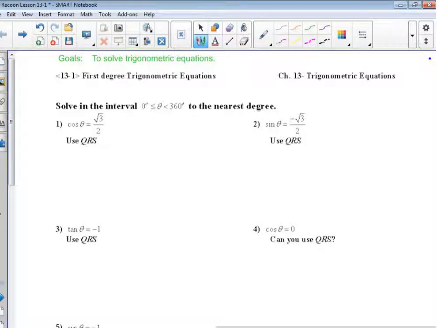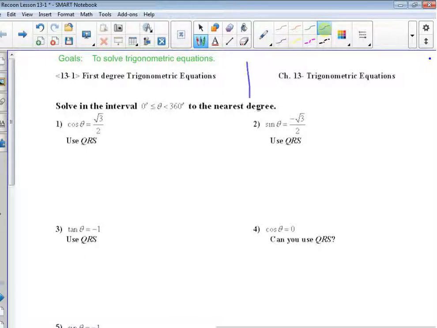Okay, so today we are starting a new chapter. It's on solving trig equations. So you need to remember how to solve equations, and then we have to do some QRSing. So we're going to combine the two. So let's get started. First of all, I need you to remember that when you're taking the sine, cosine, and